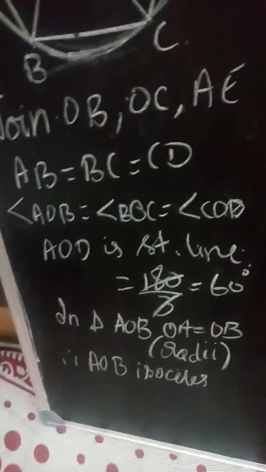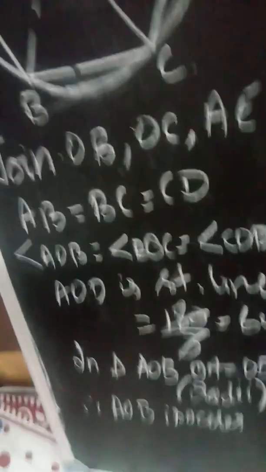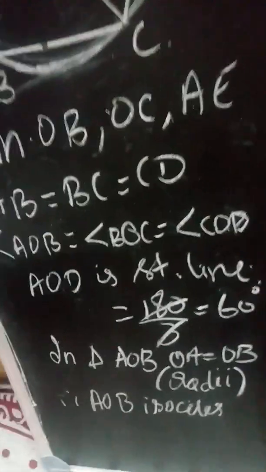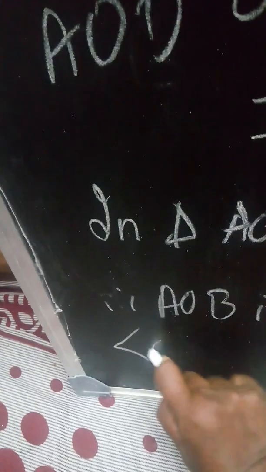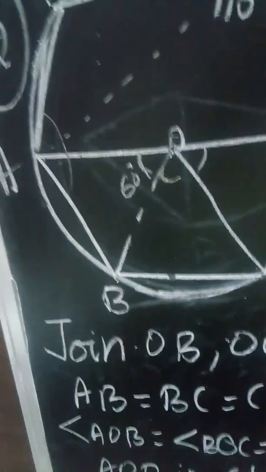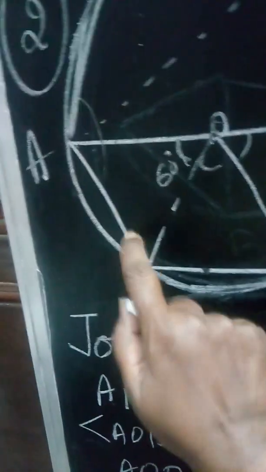Okay. Now, what will be the base angles of the isosceles triangle? They will be equal, isn't it so? So, angle OAB will be equal to angle OBA. Now, how much each will be equal to? Out of this triangle, now this is 60, so automatically these two will be 60, 60. So, each will be 60 degree.